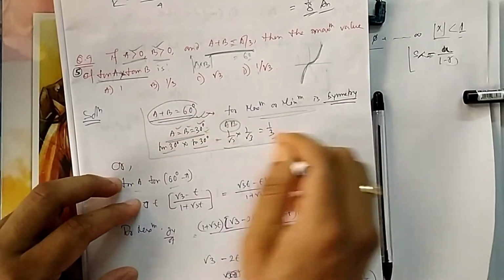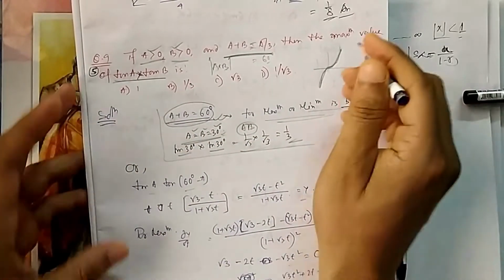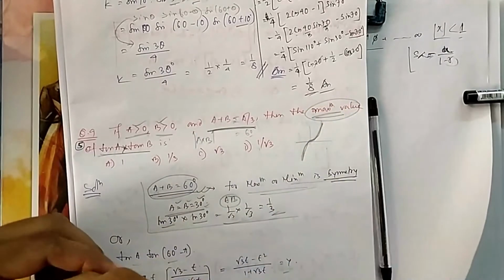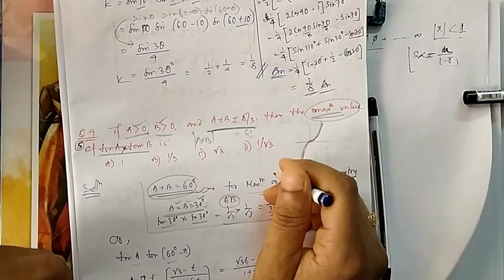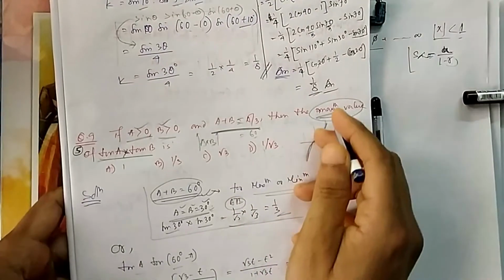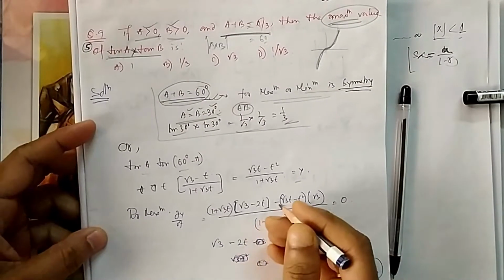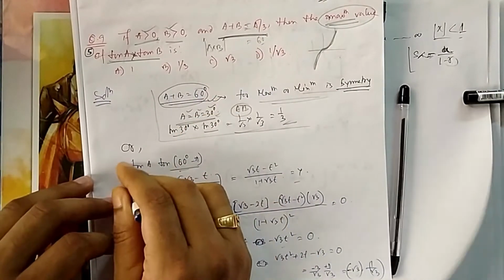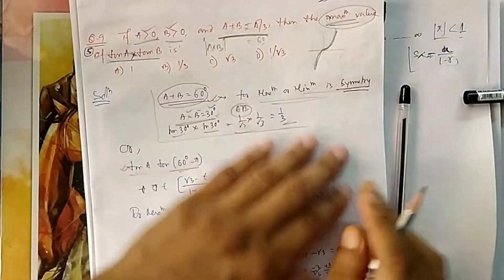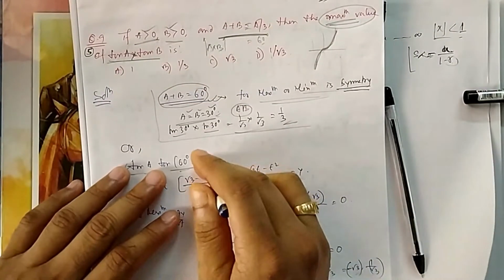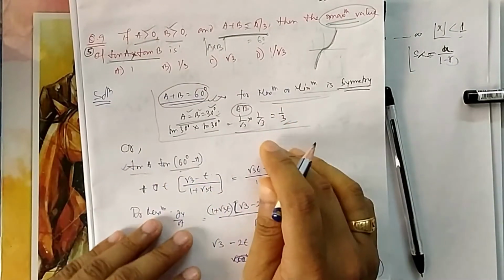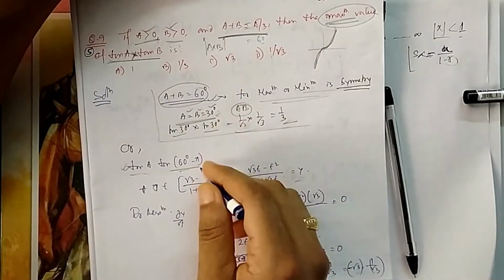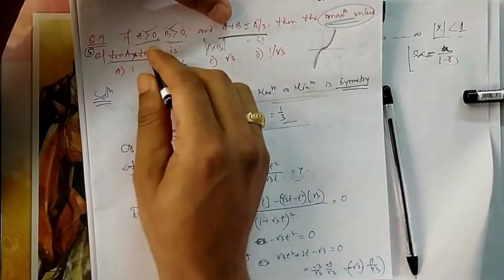Or suppose you don't know this one, then whenever you see maximum value, if you are familiar with differentiation, your first temptation will be to go to the differentiation, because the maximum minimum value we can find using differentiation. And what was the idea? You need to find this tan A into tan B, you need to maximize this. Once you know differentiation, then it will be clear. If you don't know, just go by it, you will know it later and you will be expert in that, don't worry.